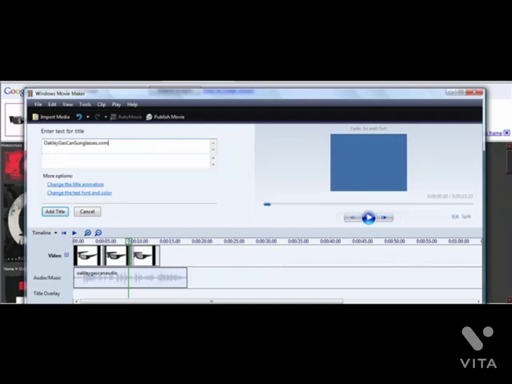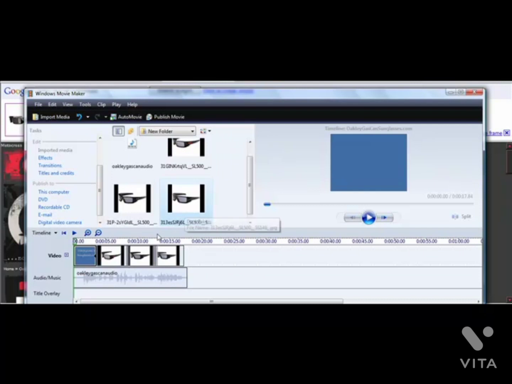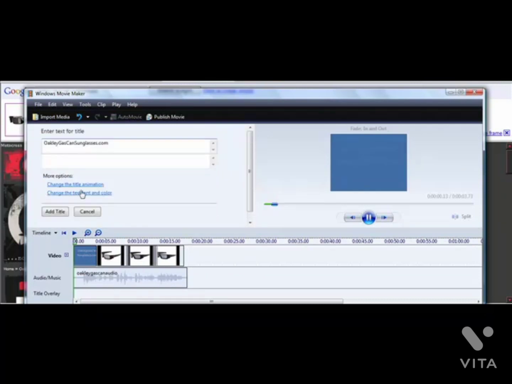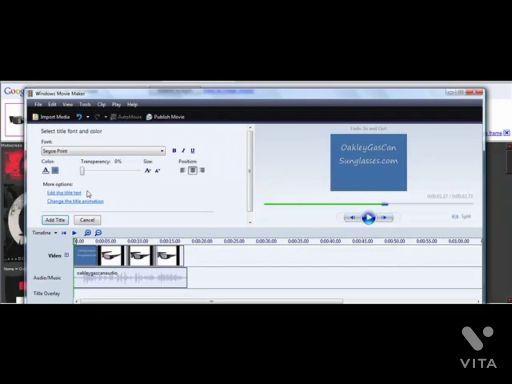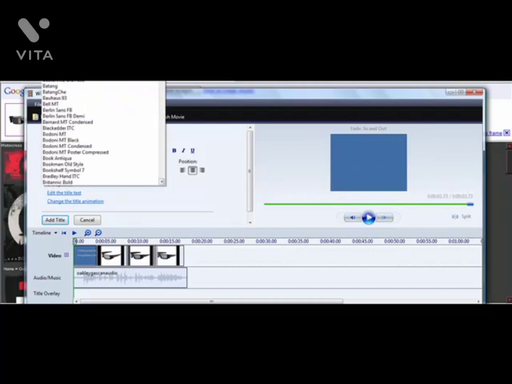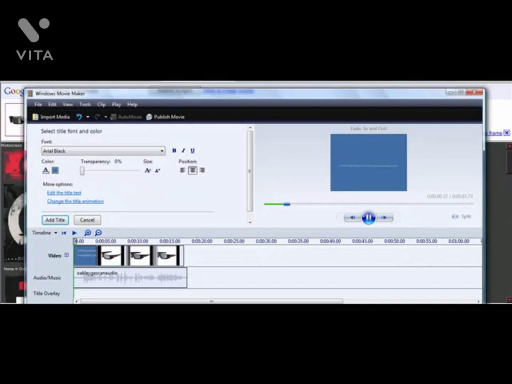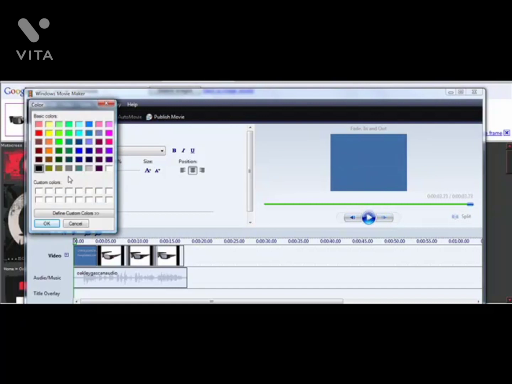And then click on add title. Now you can come right over here to the title and double click on it, and you could actually change the text font if you wanted to. Like if you want to make the font smaller so it actually shows up a little bit better, you could do that. And if you want to change what the font looks like, let's say you want to change it to a more natural one, like maybe Arial Black for example, and you want to edit the background, you could just click on that right there, choose that, hit OK,